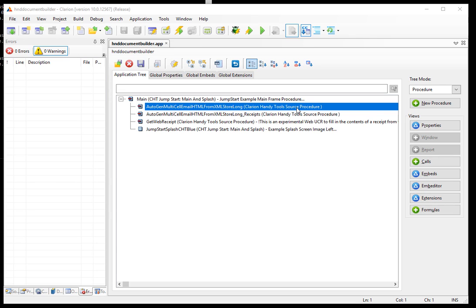The potential is vast, and this will get you off of dependency, which Clarion now forces on you, because Clarion is basically a Windows development platform, and that's fine. It's served us well over the years, and there's absolutely nothing wrong with staying exclusively with Windows. But where I see us headed, and where it appears to be headed, is a far more robust and flexible environment